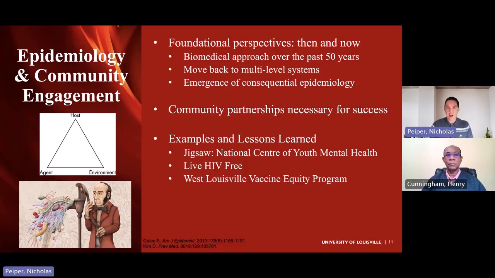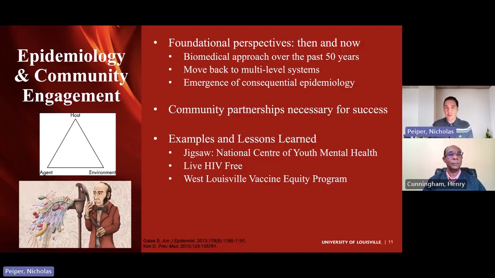So we've identified these risk factors, and that is incredibly beneficial to clinical care and practice. But there might be structural issues that need to be changed and things that we need to take into consideration when implementing public health programs that really address those risk factors and causal factors at the population level. So this is what has been called consequential epidemiology. It's taking that next step and making sure that we translate our knowledge about causal factors into practice.